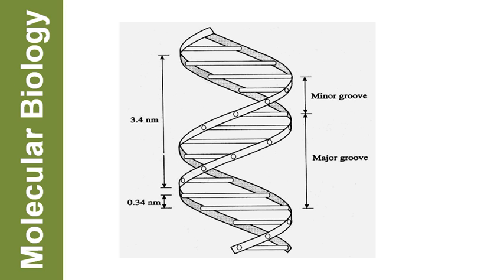In the complete turn of this double helix, the pitch length is 3.4 nm, that is 34 angstrom, and therefore there are 10 base pairs per pitch. 10 base pairs because there is an axial height of 3.4 angstrom or 0.34 nm in between two base pairs.